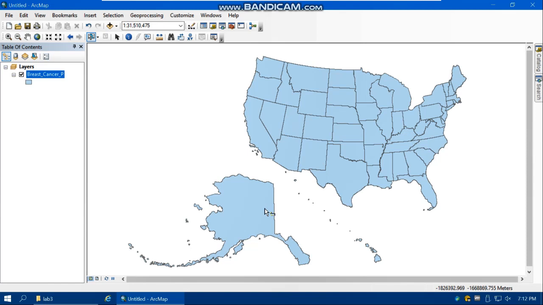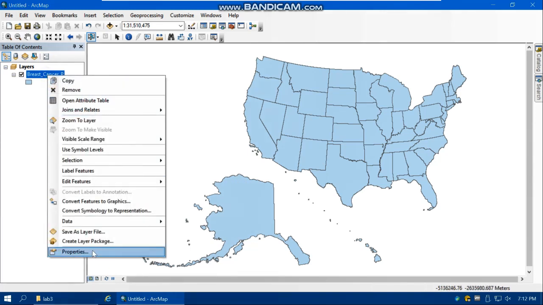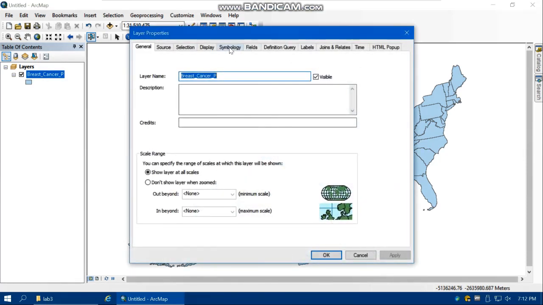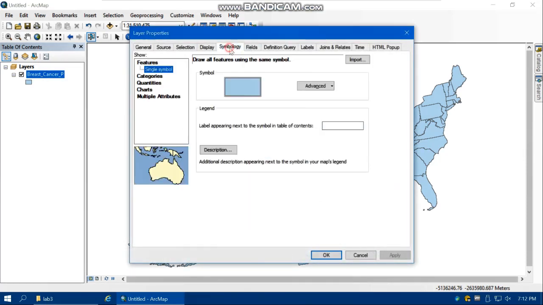You have to create 3 different maps, also called choropleth maps or shaded maps. So how can we make a map based on a field? You have to right click on the name of the shapefile in the layer that you want to create a map based on. Okay, so we're going to make a map based on this shapefile. Right click on it and then select properties. Here in the symbology tab,